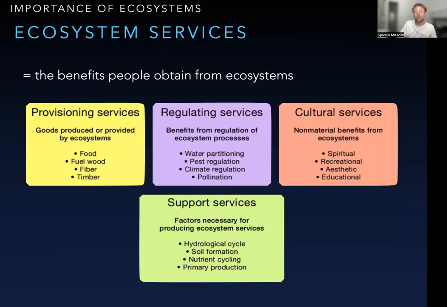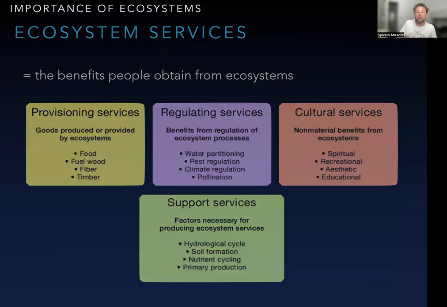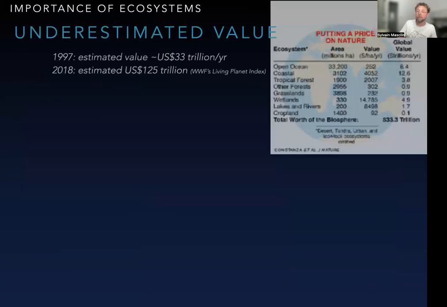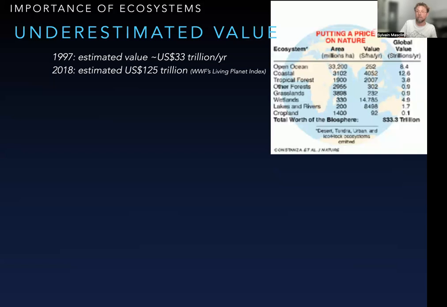So it has a lot of benefits, and in fact, most of it can be estimated in terms of money, and indirectly, we tend to underestimate it. It's difficult to give a price to it. But in 1997, it was estimated that about 33 trillion dollars, in fact, were the value of the ecosystem services we were depending on, that we were using. And we took it for free. We didn't pay nature for that.